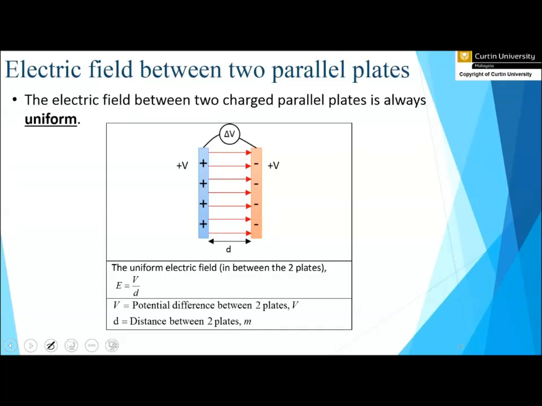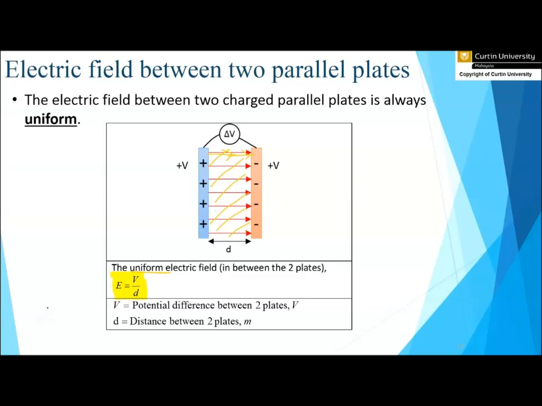So let's move on to the electric field between two parallel plates. If you have two parallel plates, one positively charged and the other negatively charged, the electric field moves out from the positive charge and goes into the negative charge. The electric field at any point in between the parallel plates is uniform, which means it's the same, and is represented by V over D, where